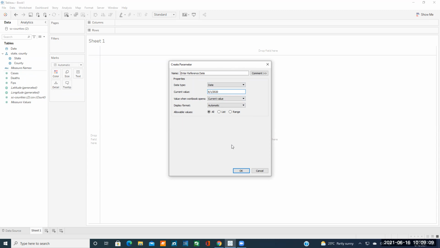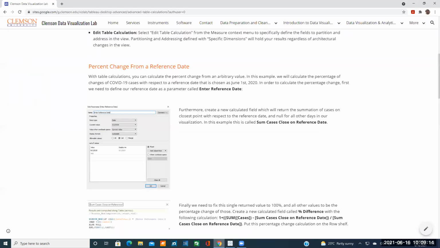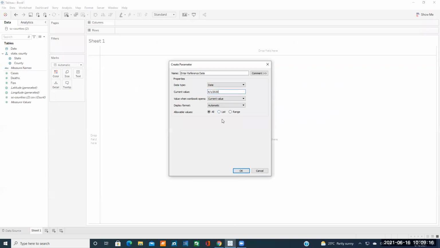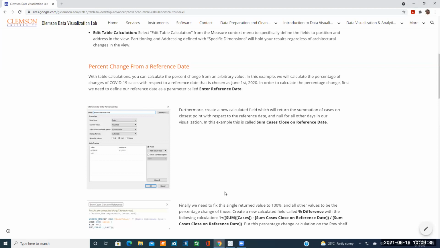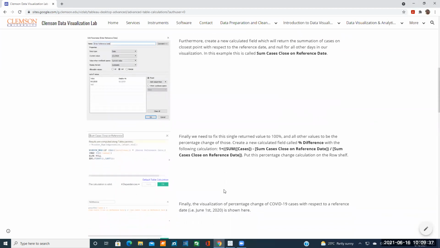But if you want to give the user the ability to change the reference date, you can use a list or even create a range. But here, I'm going to use a single value for the reference date that I want to use for calculating the percentage difference. So with that, I would have this reference date here. And now I need to